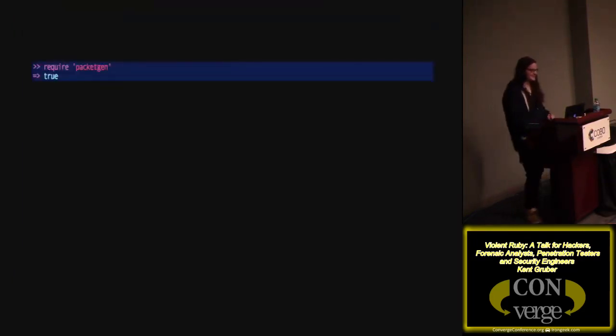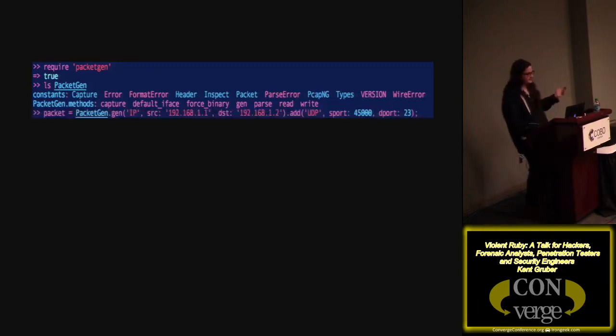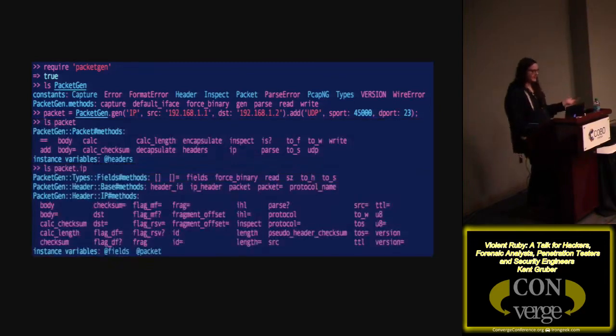And then, as you really get into the code, for example, I keep showing package.n because I really like the library. Basically, I require package.n and I get the context of all this stuff. I can ls on package.n, which is just the actual module namespace. What is all the stuff I can do inside of the library I just pulled in? ls package.n, I can create a packet. I can ls what I can do on that packet. And then I have this very simple REPL workflow to start working with my program.